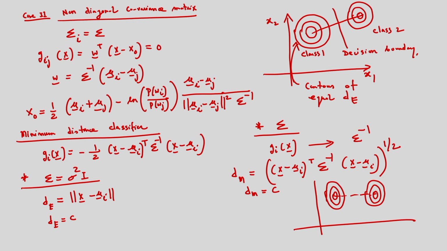And this is the vector mu i minus mu j, because I have to determine this mu i and mu j. In this case, as already defined, the decision boundary will not be orthogonal to this vector. This vector is nothing but mu i minus mu j. So you can see, I have considered the minimum distance classifier based on two distances. One is the Euclidean distance, another one is the Mahalanobis distance.